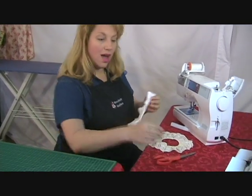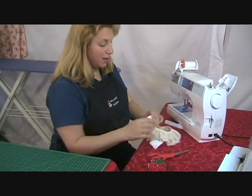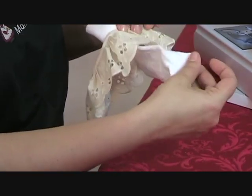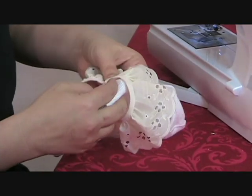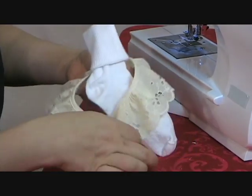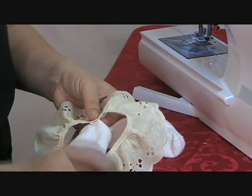Alright, I'm going to take my sock and lay it just like I want it on the sock. If you can visibly see where the toe is on your sock, you're going to want to put the seam on the inside, on that same side as your toe, so that it'll be on the inside ankle and you won't have a seam on the outside. I pin it right there,